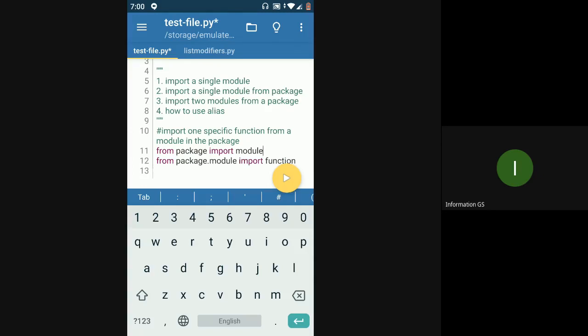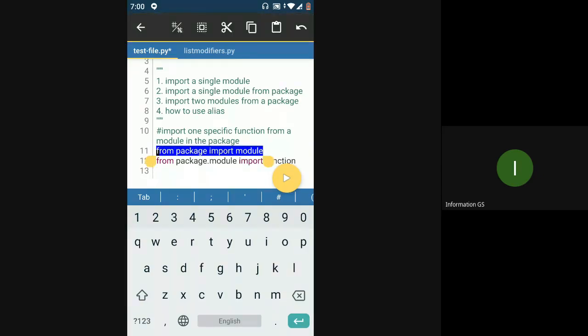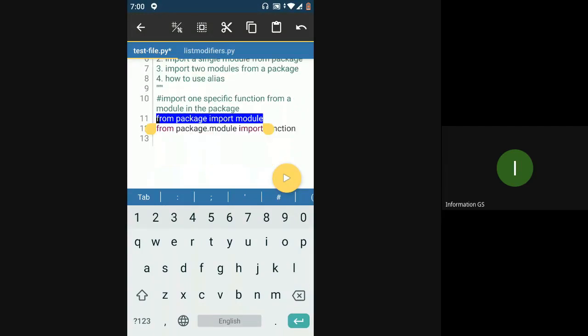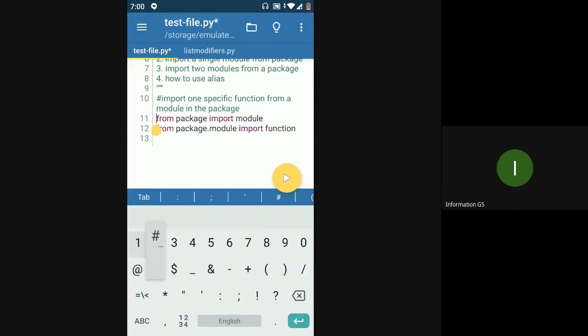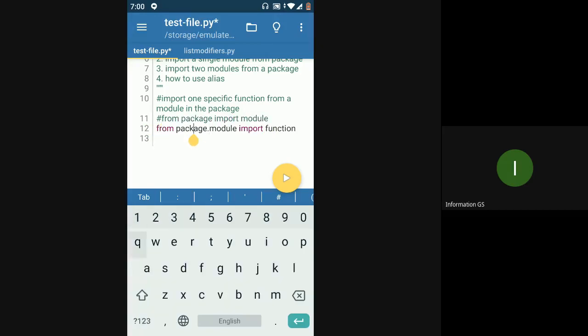What will this do? From package import module will import everything, all the functions and all the variables, which can be used in your current file. But if you want to use only one specific function or one specific variable, you can use from package dot module import the function name. And in case it's a variable, you can use from package dot module import variable.